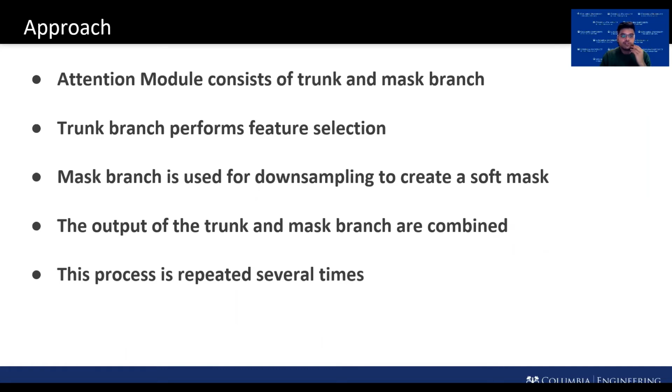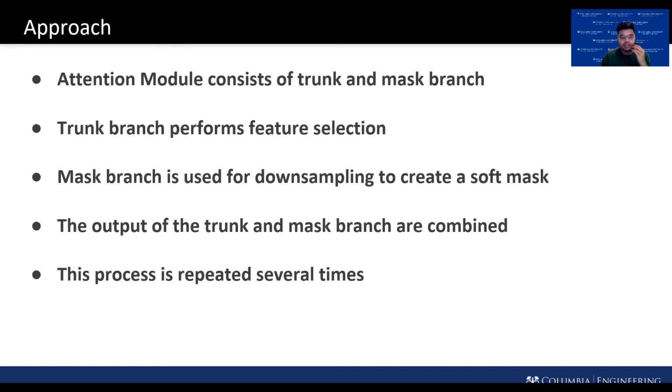So for the approach, we use an attention module, and we stack multiple attention modules together to make the classification. An attention module basically consists of a trunk and a mask branch. The trunk branch is where we do feature selection by using a simple ConvNet that has skip connections or residual units. And we use the mask branch to create the mask, which helps us in identifying the relevant features from